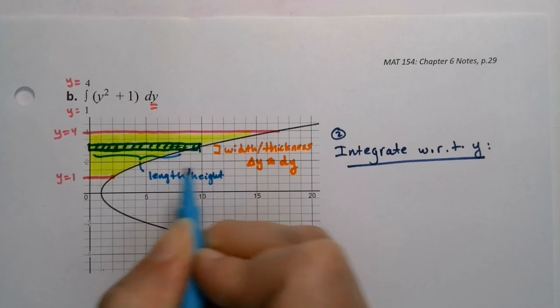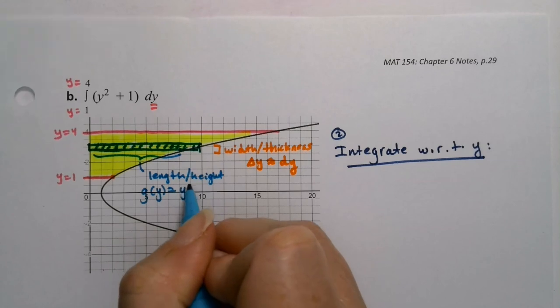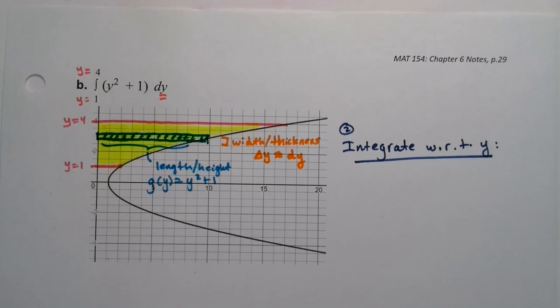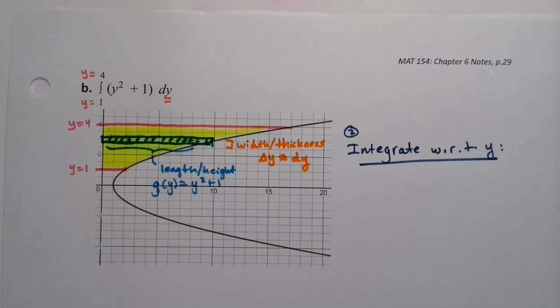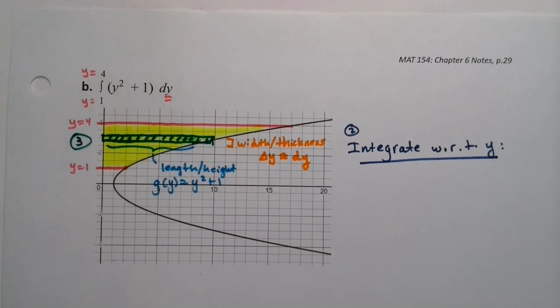And that would be g of y, which is equal to y squared plus 1. Okay. So then to find the area, oh, and I've already done the rectangle. That's over here. That's part 3 right there. So then to do the area, which is part 4